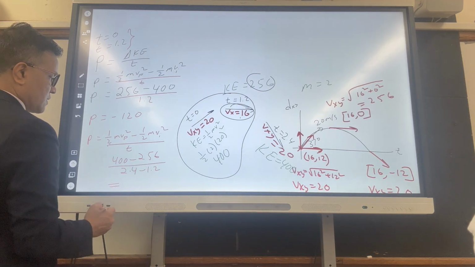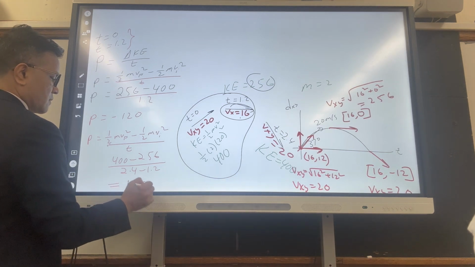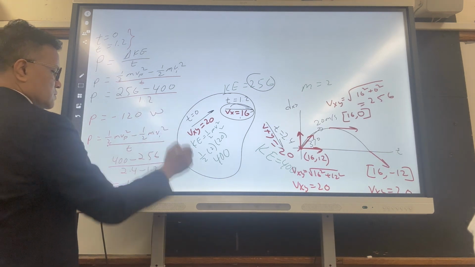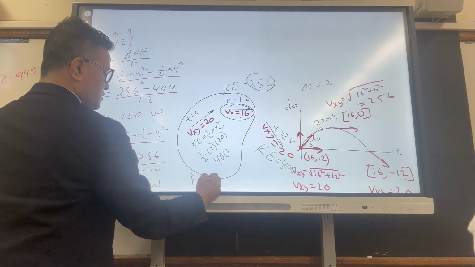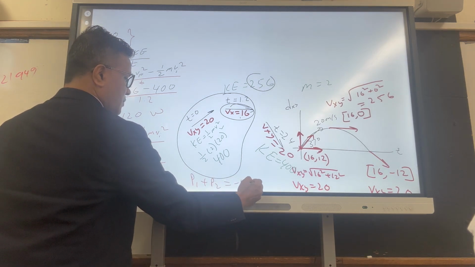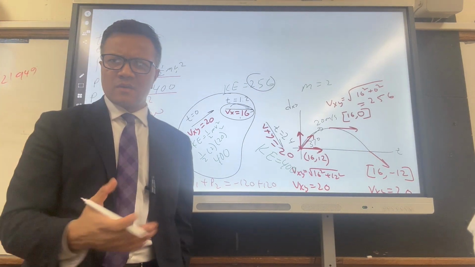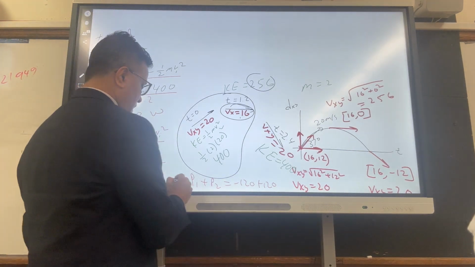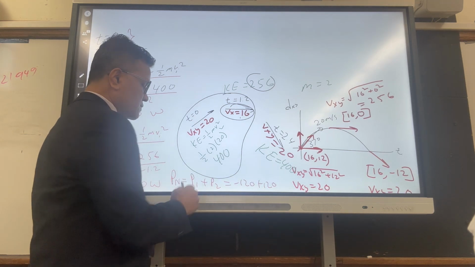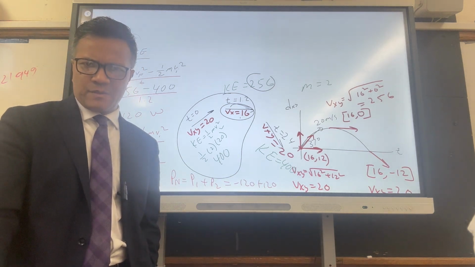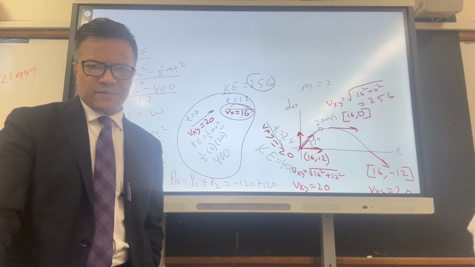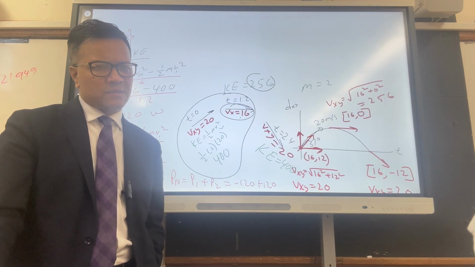This gives you a positive 120 watts. So P1 plus P2, negative 120 plus positive 120, again the power is 0. So the net power is equal to 0. That confirms our hypothesis that the net power is 0 no matter which way